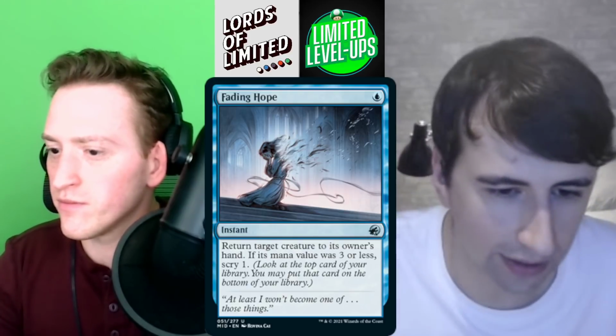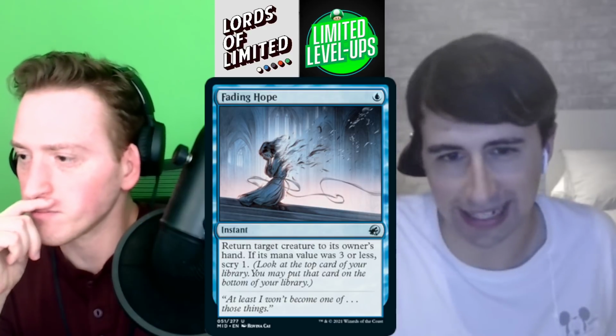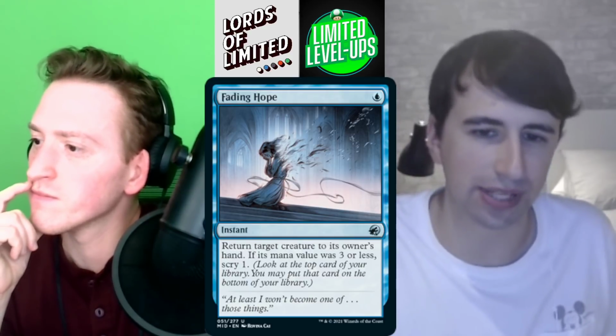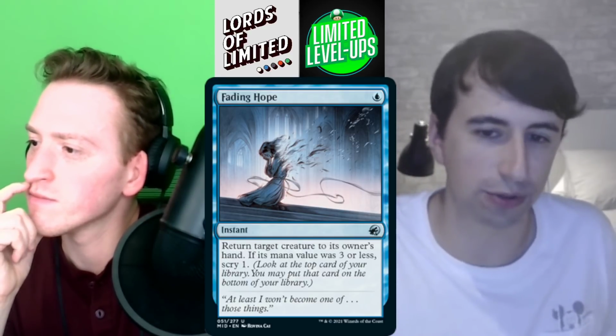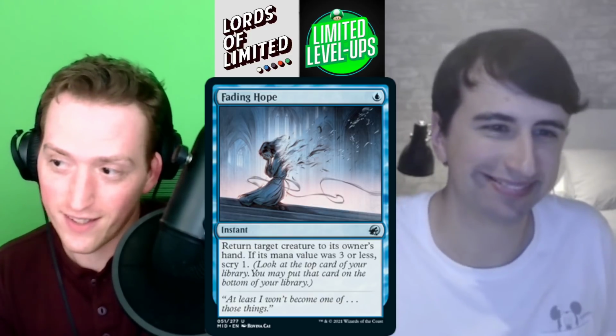All right. Our first uncommon here is Fading Hope, and it's a single blue mana for an instant. Return target creature to its owner's hand. If its mana value was 3 or less, you scry 1. I mean, it's Unsummon with upside,